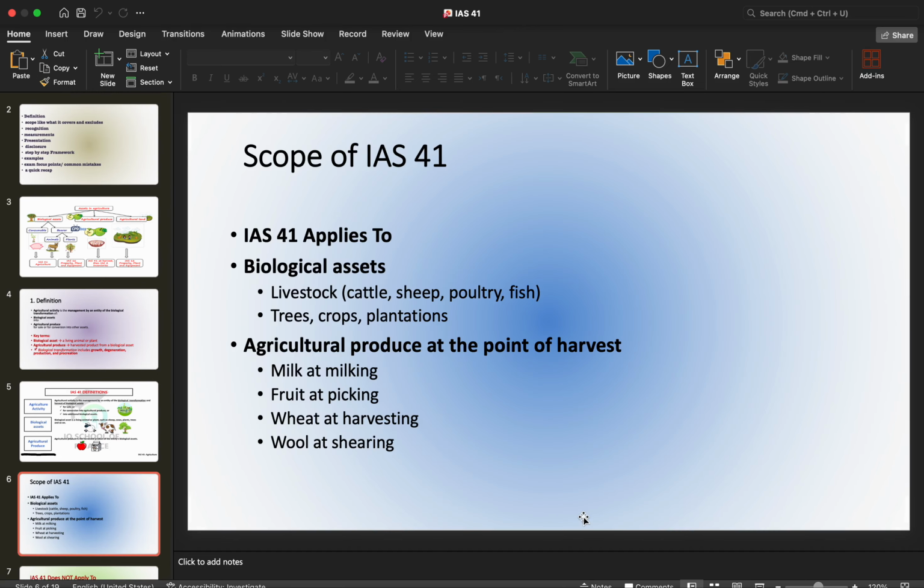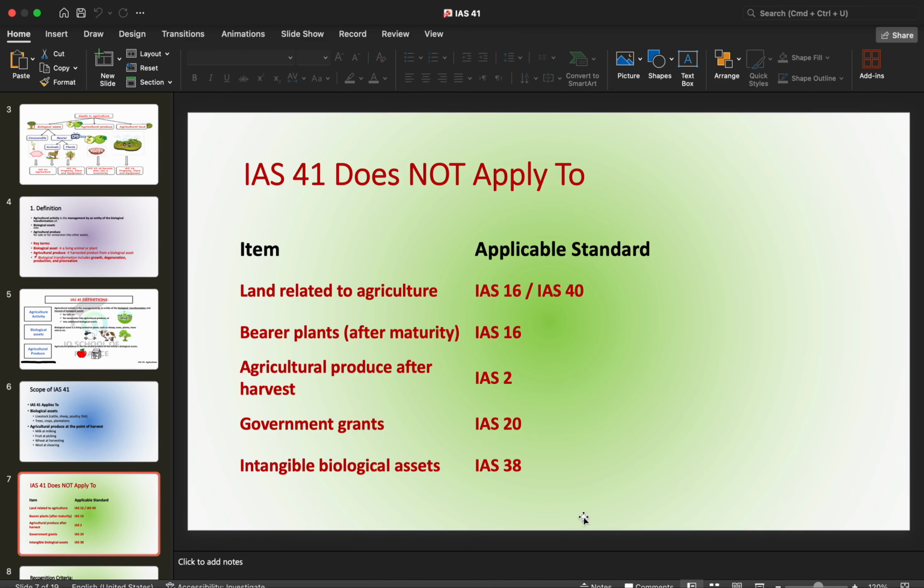Scope of IAS 41. IAS 41 applies to biological assets and agricultural produce at the point of harvest. What biological assets include? Livestock like cattle, sheep, poultry and fish, trees, crops and plantations. Agricultural produce at the point of harvest means milk at milking, fruit at picking, wheat at harvesting, and wool at shearing. IAS 41 doesn't apply to the